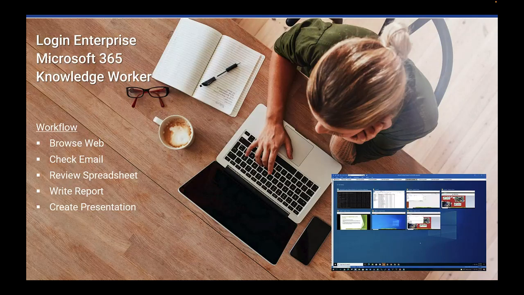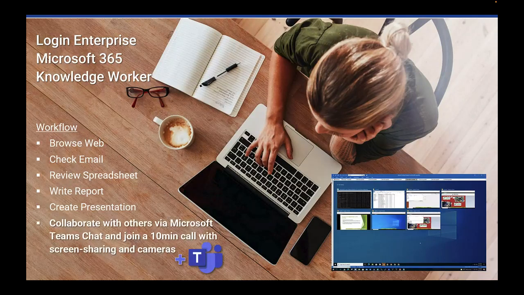So what I did in my testing was I just added the Microsoft Teams user or Teams workflow to this workload, which allows me and this virtual user to chat with other virtual users, and it also causes this virtual user to join the meeting that I have set up and already running, and they will join for about 10